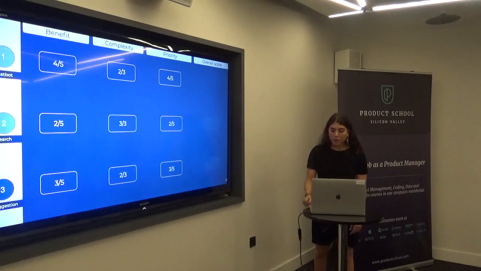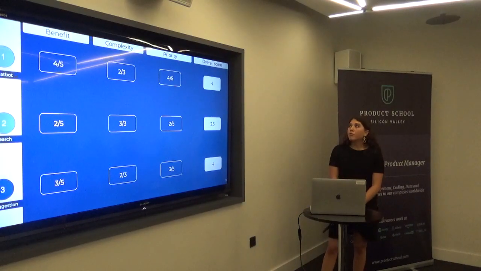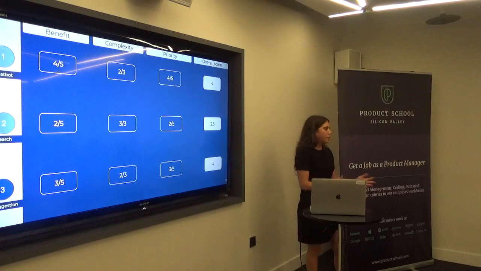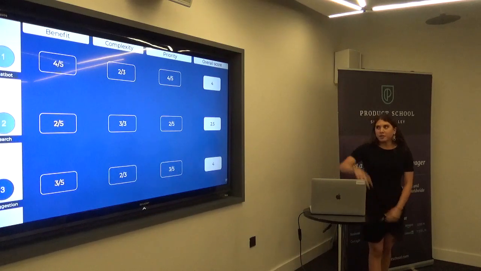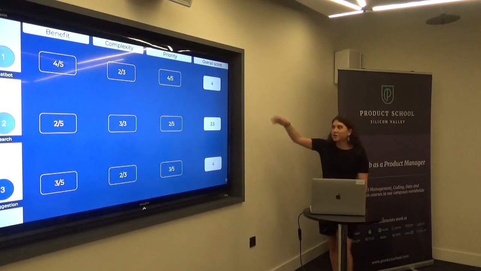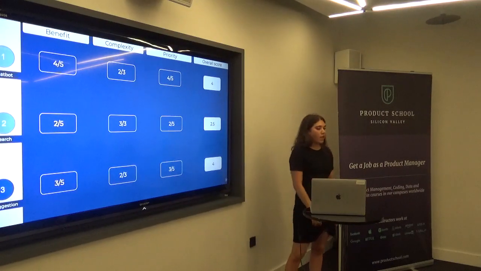So then you've come up with your overall score, and this is my overall score based on the formula that I created for the benefits of all these features. But if only it ended there. I mean, if it did end there, probably all product managers would be out of a job, because we'd just put a few numbers in a table, calculate, okay, looks like we have 2 contestants here. And no, it doesn't end there.